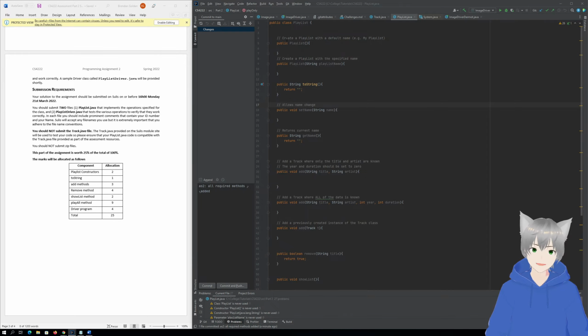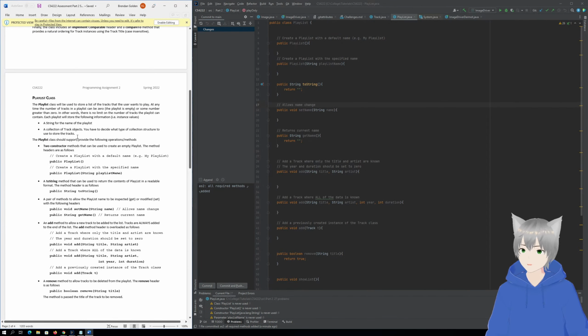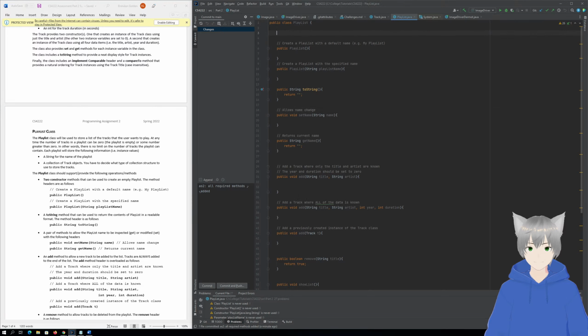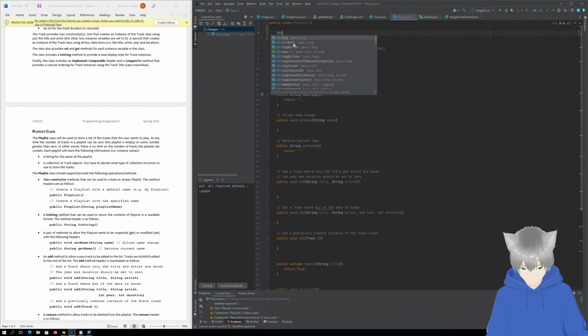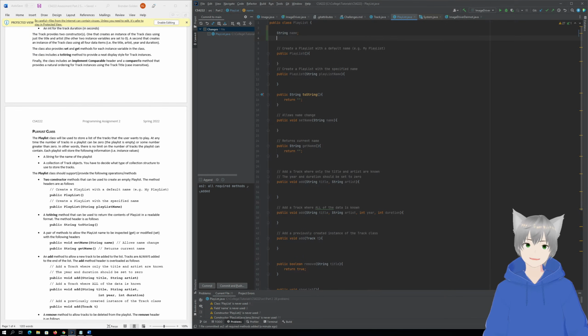Keep doing that. So, all the required methods in. Let's go to the top and work sequentially through. So, we have to add 2 more variables in. We have to have a string for the name of the playlist. So it's string name, and we also have to have a